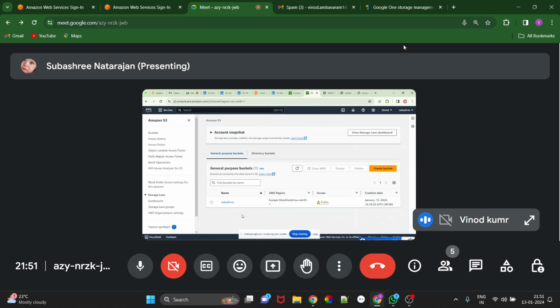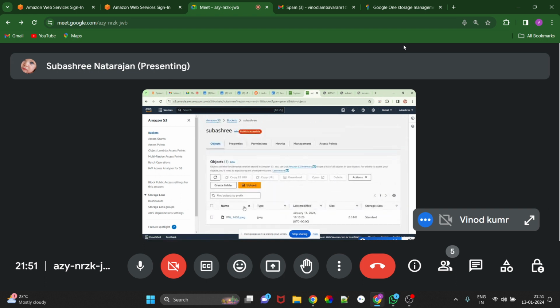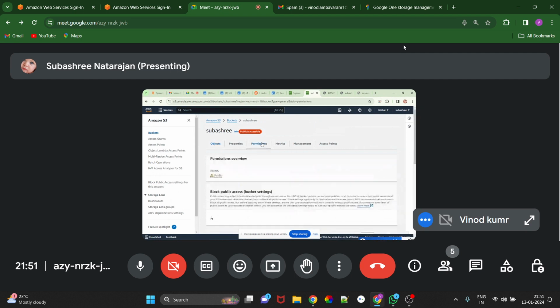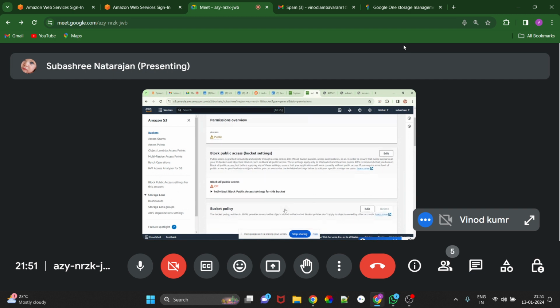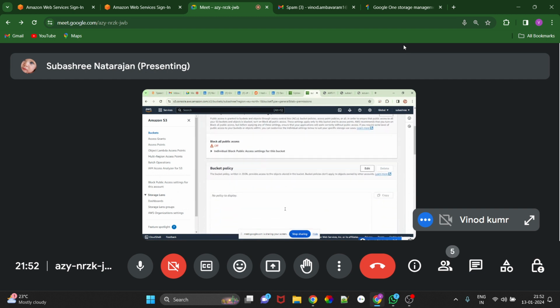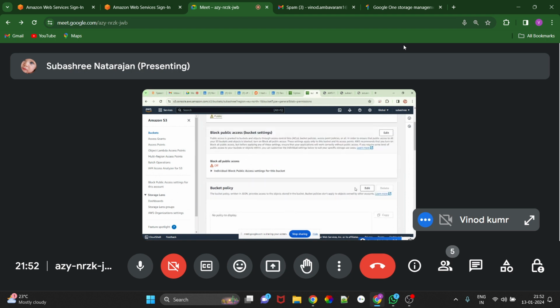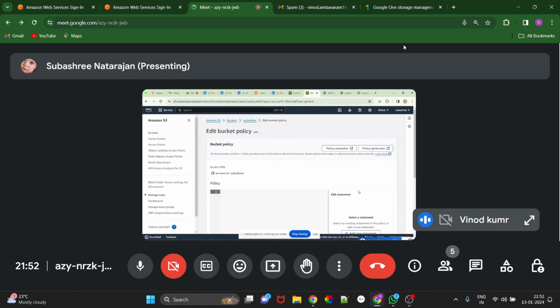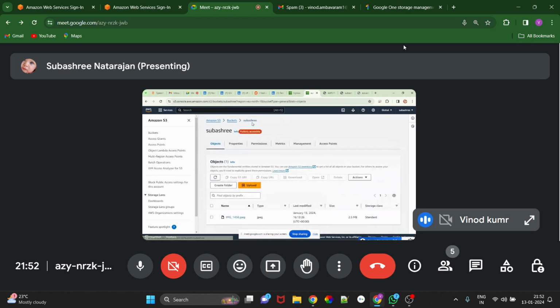If you go to permissions, and we have put the ACL settings for any public access, then we can get the access. But while we are giving the ACL access, it's showing nothing. So click again on the name and permissions. Block public access, yes. Okay, edit this and enable that. We'll see. Above one. No, no, there only.